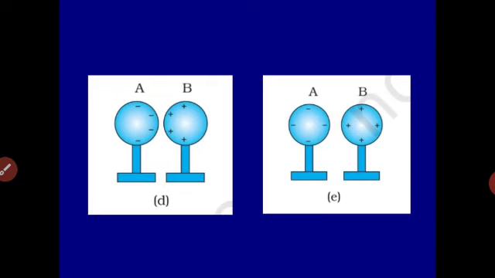Now that you have separated the two spheres, you will see uniform charges develop on each sphere. Sphere A acquires all negative charges uniformly spread on the surface. Sphere B acquires all positive charges uniformly spread. This is how we can get our object charged by the method of induction.